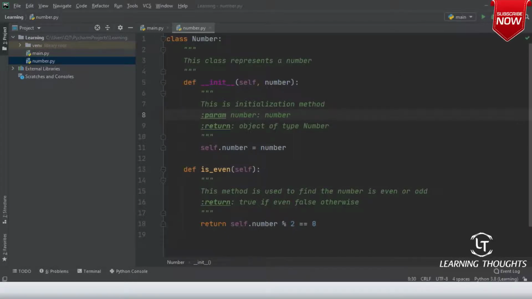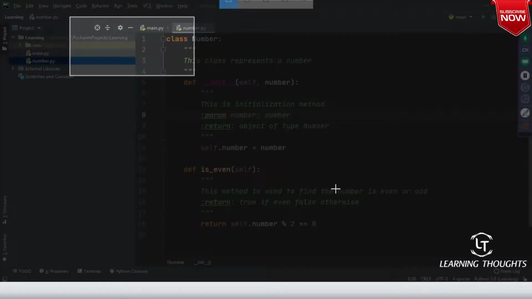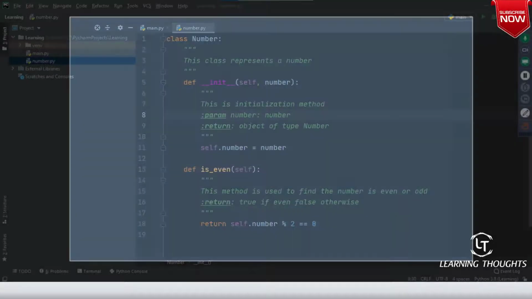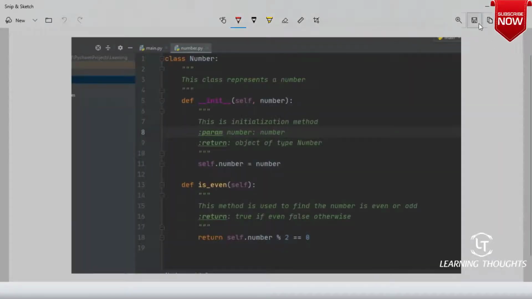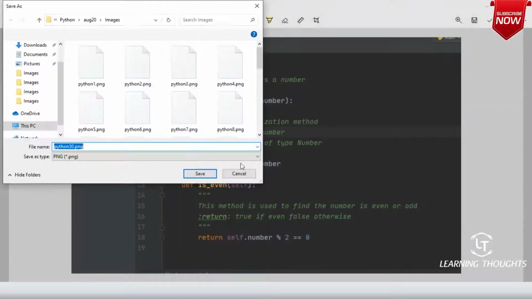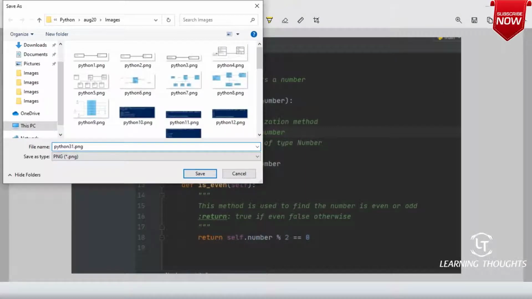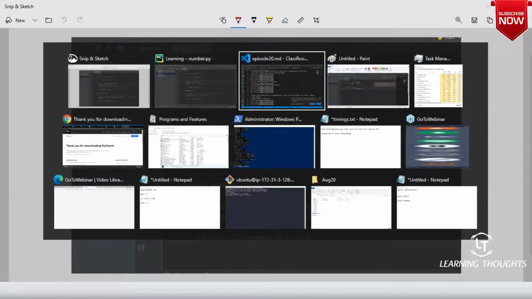Okay. So let me show you the screenshot of this method. Isn't the code looking good over here now? Suddenly it starts looking more professional.